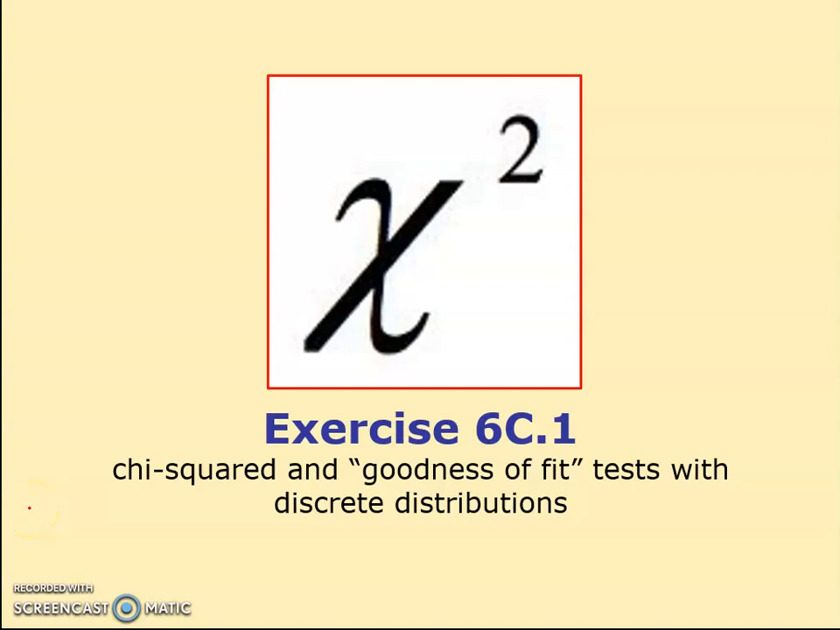Hello there, this is exercise 6C.1. This is our first look at chi-squared and the goodness of fit test. Now we've seen chi-squared already with contingency tables, but there's a second use of it to try to show whether or not